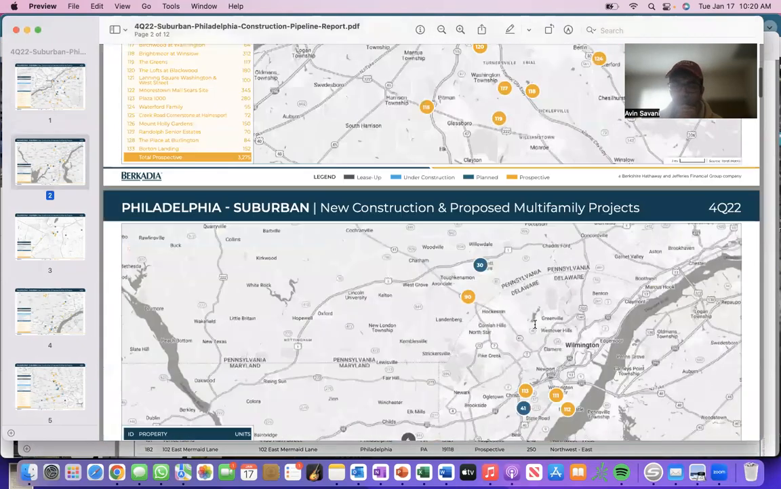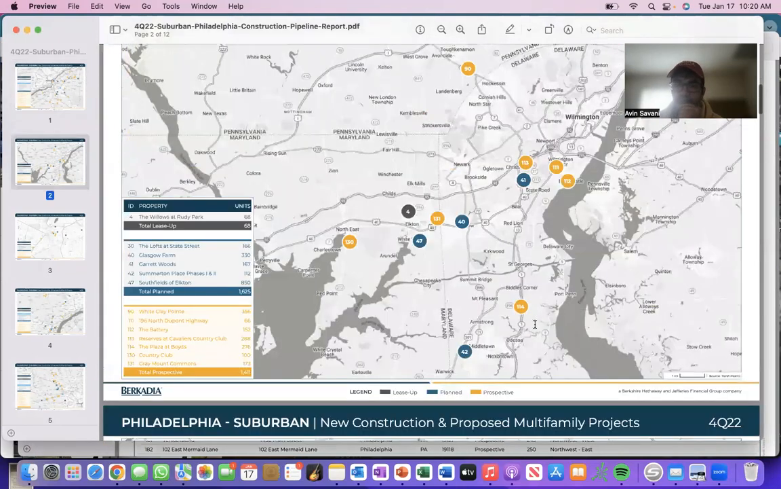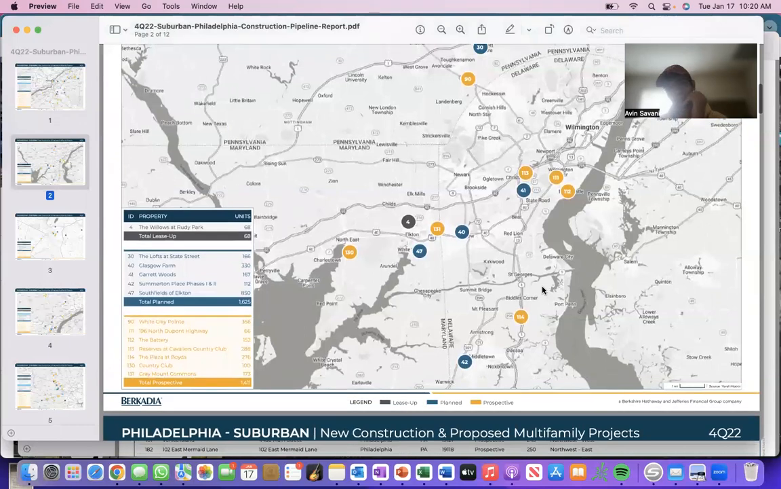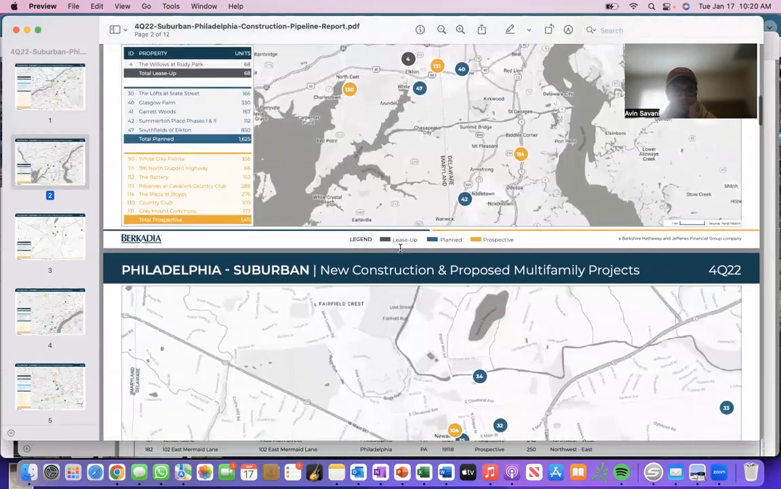Areas that I don't know too much about, but yeah, Wilmington, this is the Delaware side as well. So on the border of Delaware and New Jersey, and Maryland as well. But yeah, so